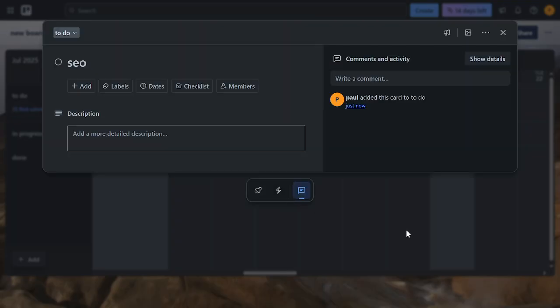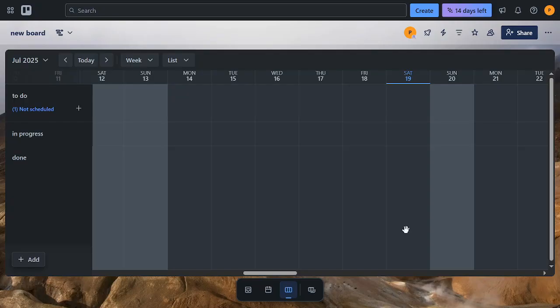And there you have it. You now know how to create a timeline on Trello. This is a game changer for project management, helping you track progress, manage tasks, and collaborate with your team more